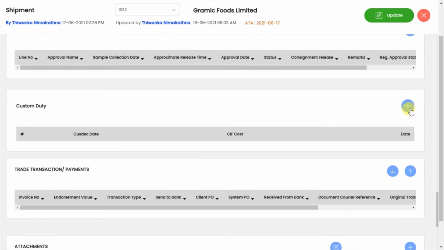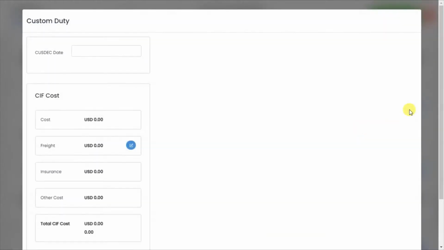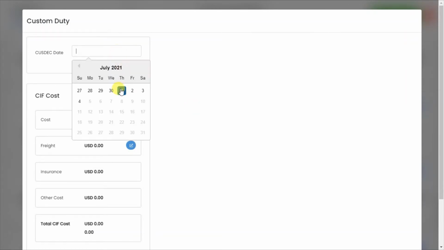In order to add the customs duty data or verify the customs duty, you have to click this add button. Then you can see the customs duty window. Then you have to select the cast date. Here you can only select a date up to the end of the ongoing week.